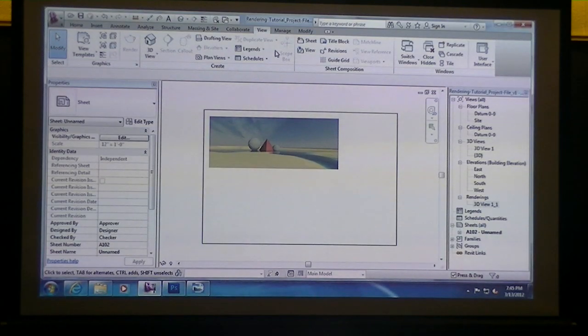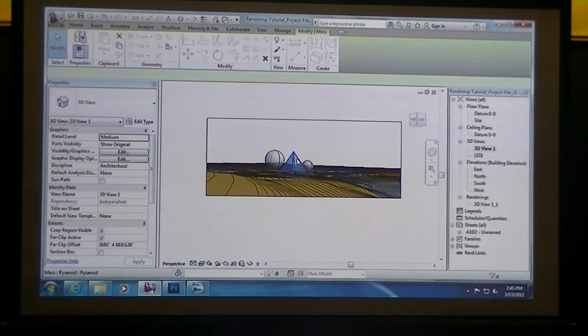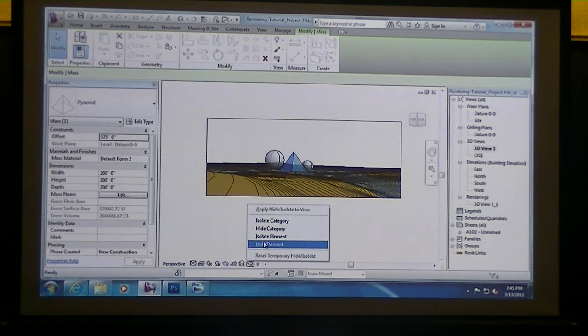If you did something or did temporary hide, will it still render it, or what will it render? Yeah, so actually if you hide things in the view, if I go to, let's say, 3D view, and I temporarily hide something,